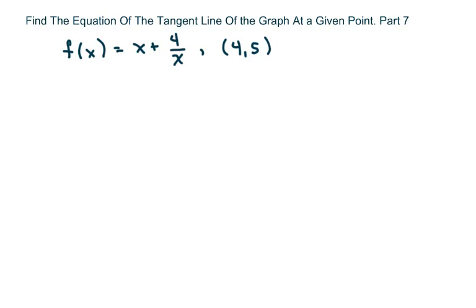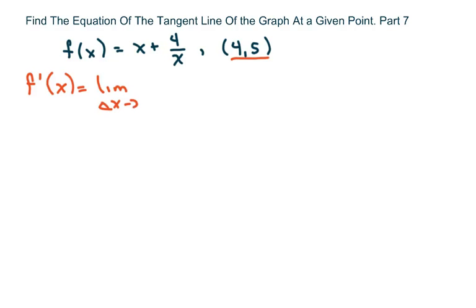Hi everyone, we're going to find the equation of the tangent line of the graph of f of x at a given point, and our given point is (4, 5). We're going to take the derivative f prime of x by taking the limit process